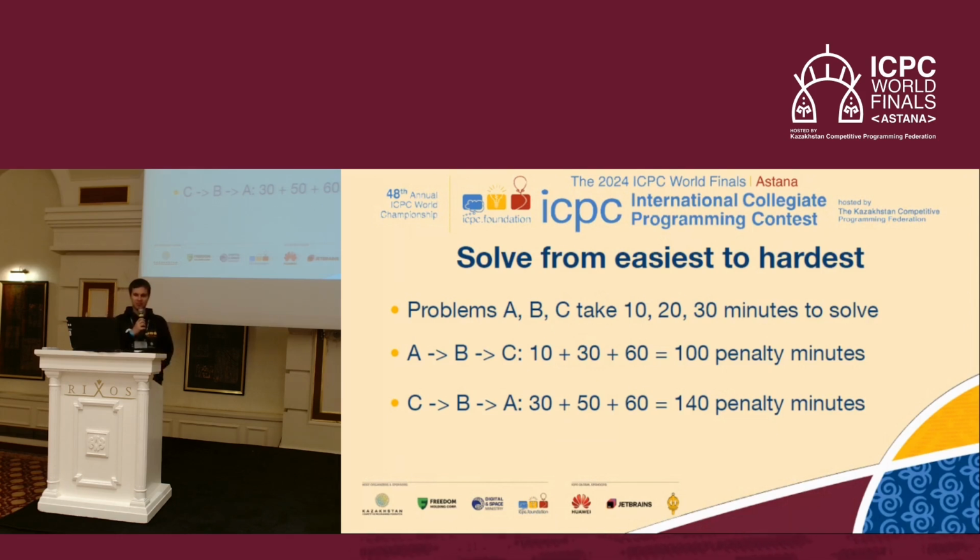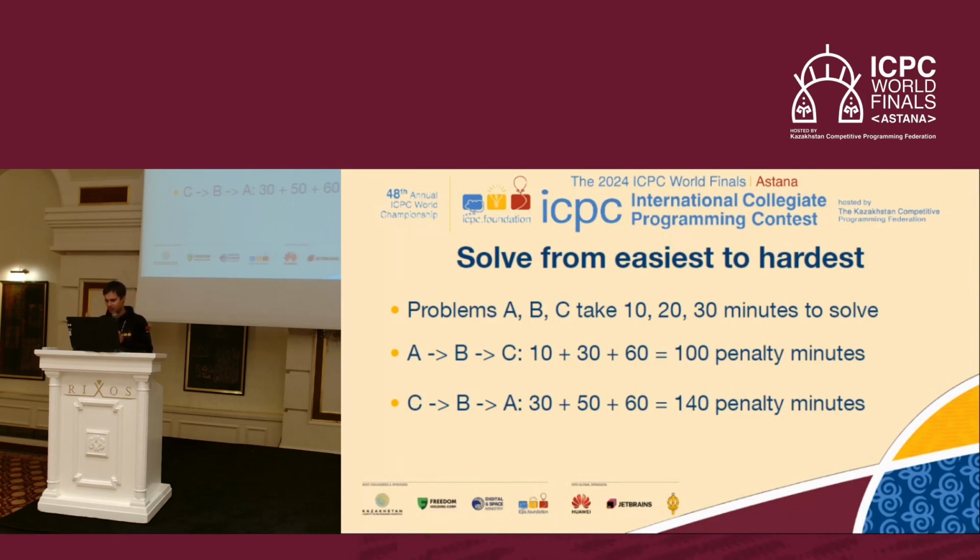Tips and tricks. So ICPC rules mean that we should solve problems from easiest to hardest. Do people agree with that? Hopefully. Awesome trick. I guess you didn't expect that. But basically, you can see in an example that you want to solve problems from easiest to hardest to maximize your result, probably. So, yeah, I could give some tips like that.